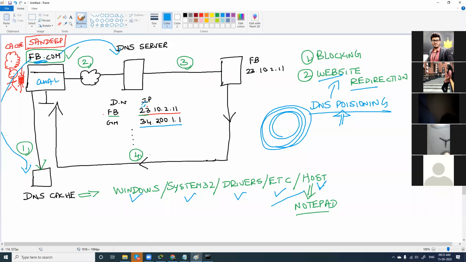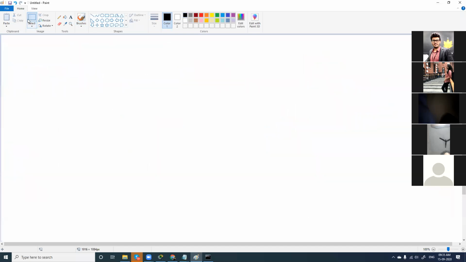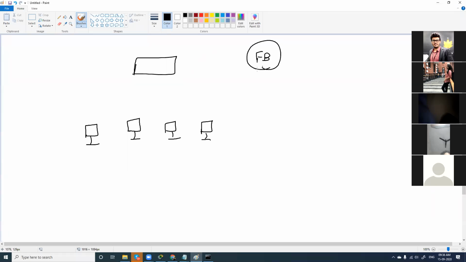How to block a website in a network? In case you want this to be done in a network, say your network has 50 computers here, and you want to block Facebook, anyone from accessing Facebook. You can either configure it here in your Wi-Fi modem. We have ACL, access control list. I think that is tomorrow's topic. Access control list, where you can block sites based on keywords. You can give torrent. So any site with the word torrent will not be opened, or you can block keywords with the help of URL. Fine. This is one option here for your entire network.